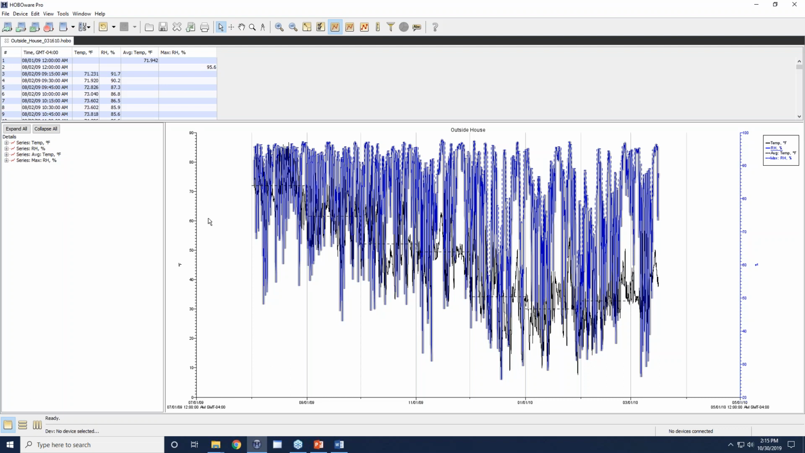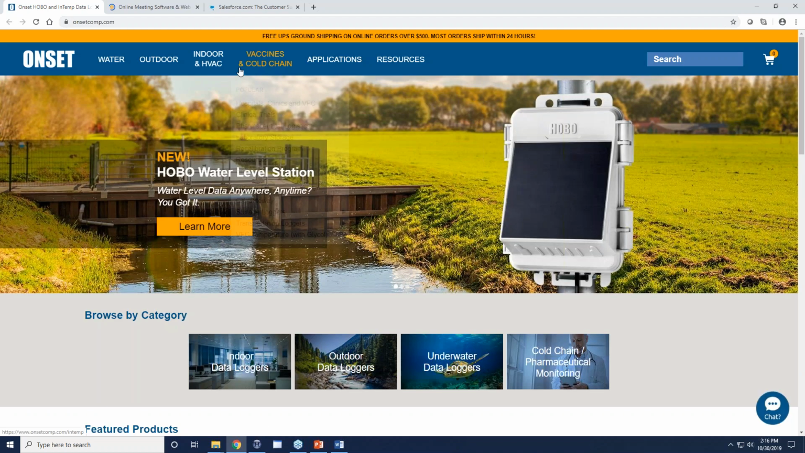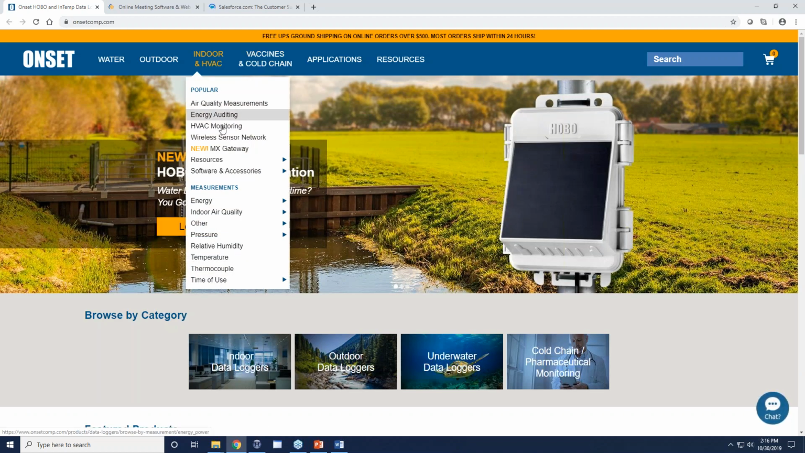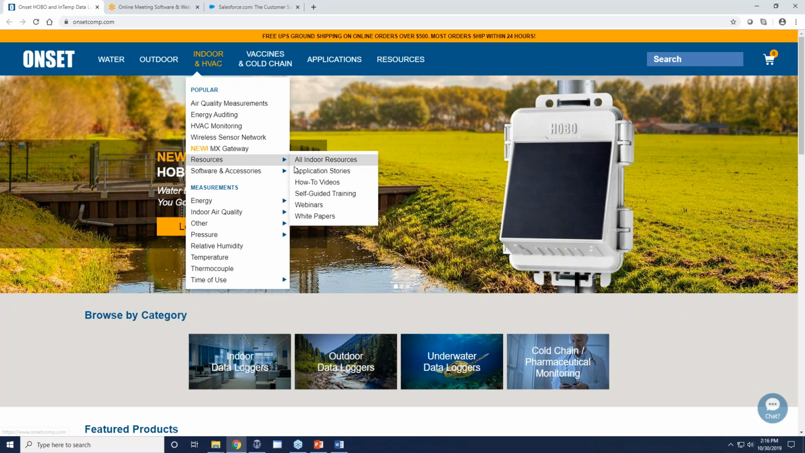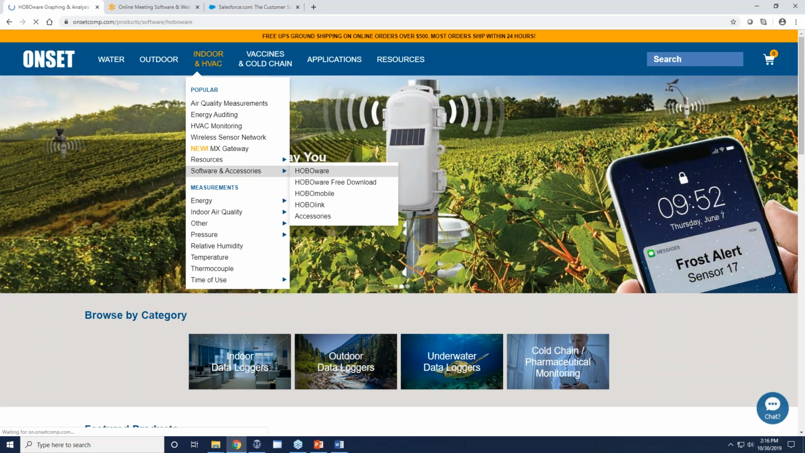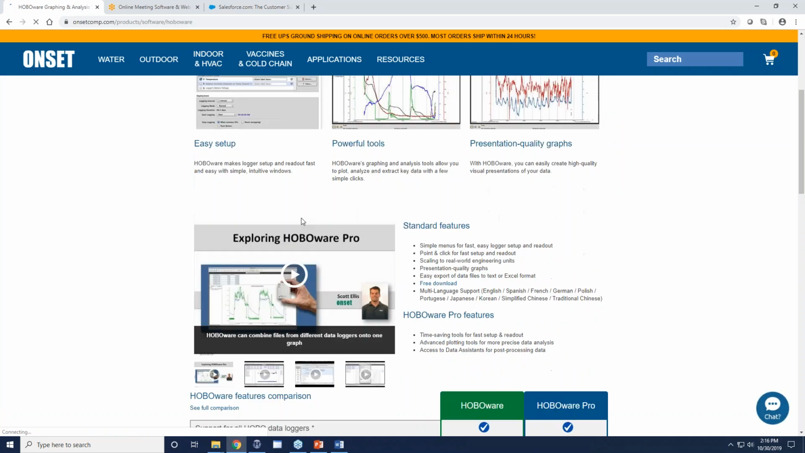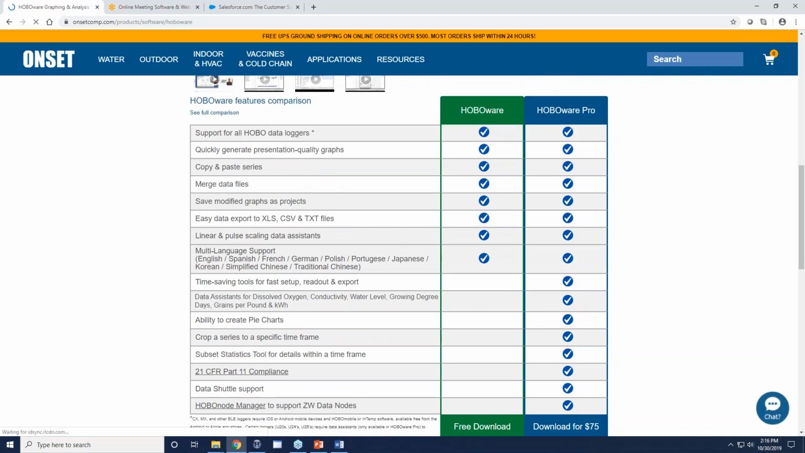Does the basic software allow for the filtering? Yeah, let me pull that up since I mentioned the differences real quick. A lot of times it comes down to using the data assistants. If we go to our software here, and I'll just come down to HOBOware, the differences between the HOBOware and the HOBOware Pro